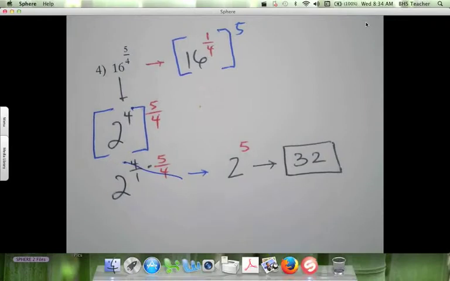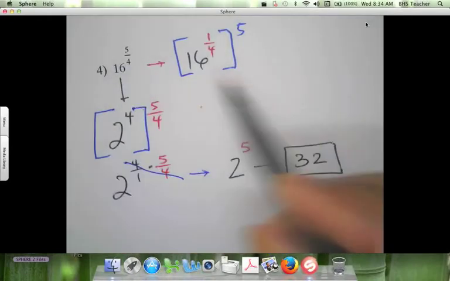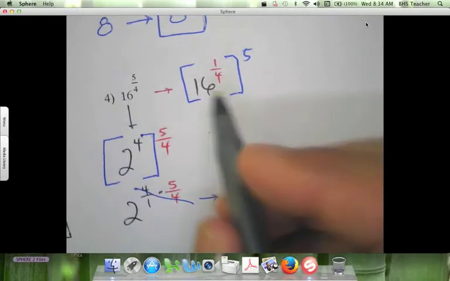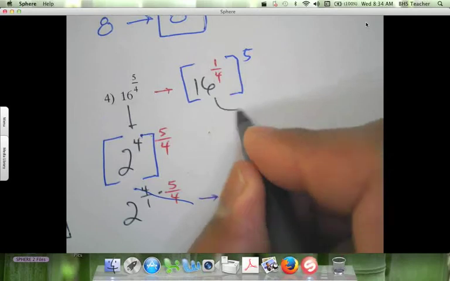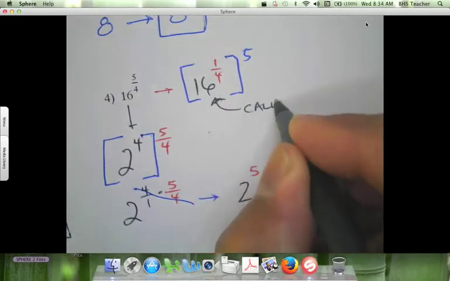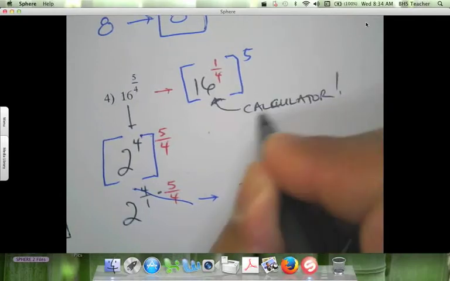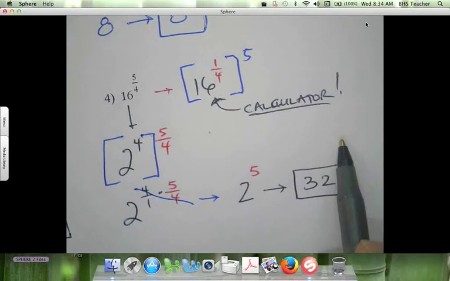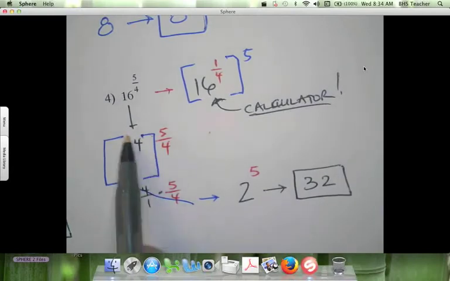Okay, so remember this part where you understand that the denominator you're looking at is a 1/4 with the 5, but really this part is the part you can use your calculator for. But you're going to show your work with exponents how it simplifies down. All the 4's divide out, you're left with 2 to the